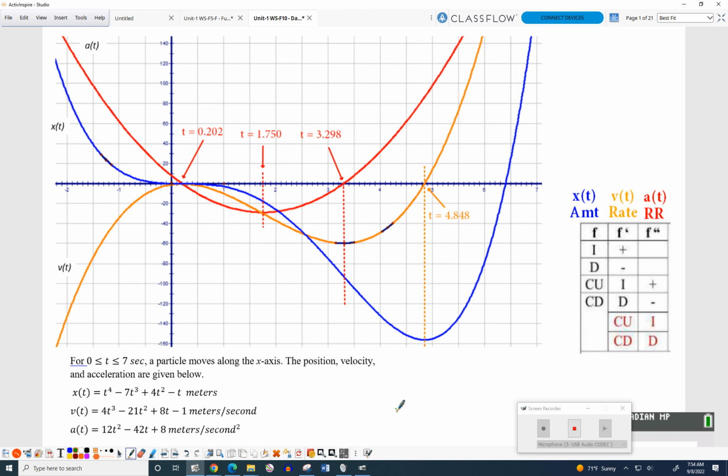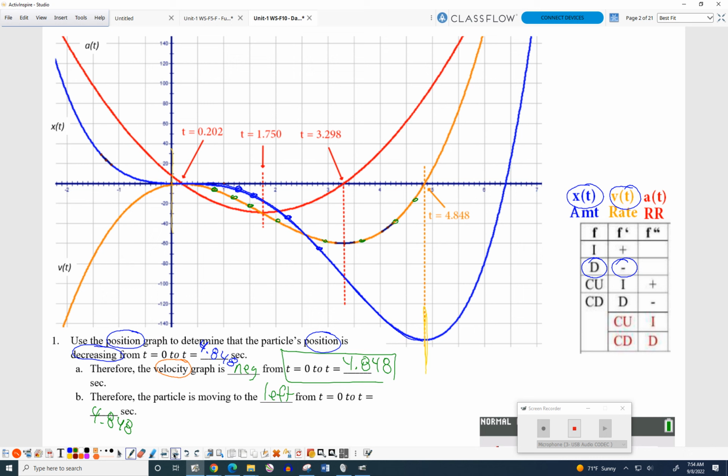So page 9 is the graph for the first half. Page 10 is the graph for the second half. So, here we go. Okay. Question 1 says,